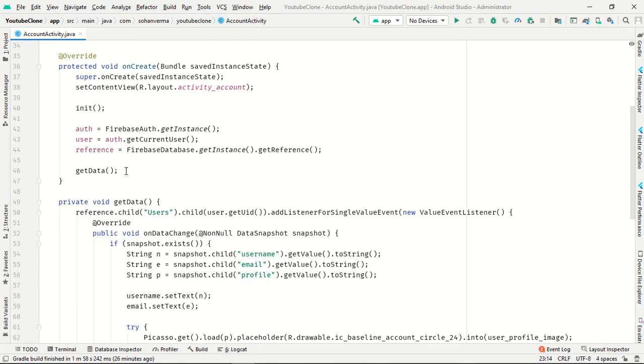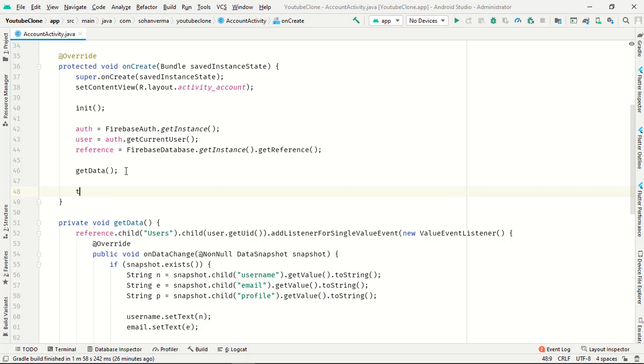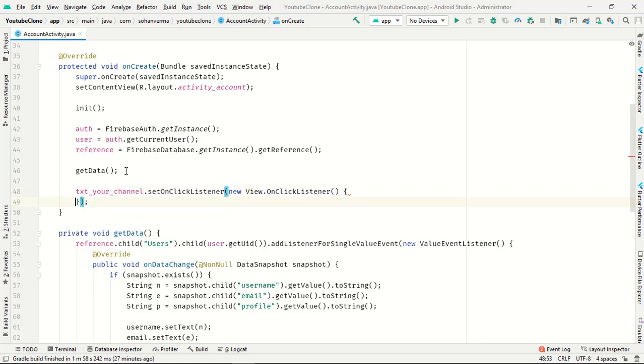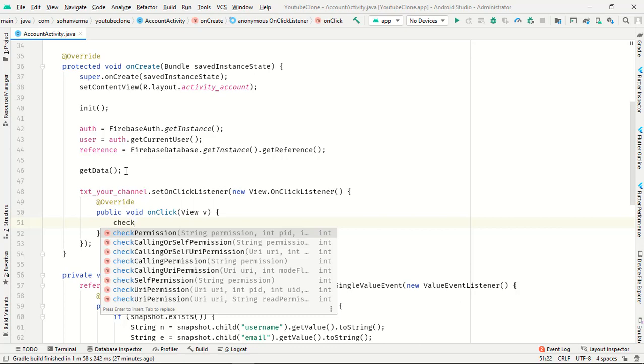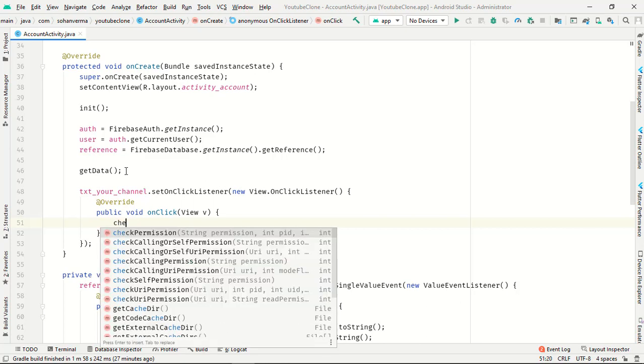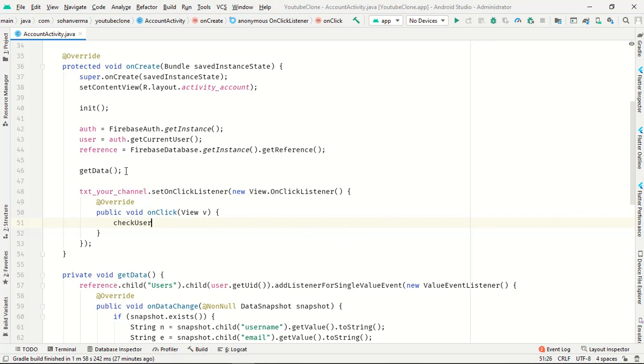Here you can take your channel text and call set on click listener, new view. Now you have to check whether the user has a channel.